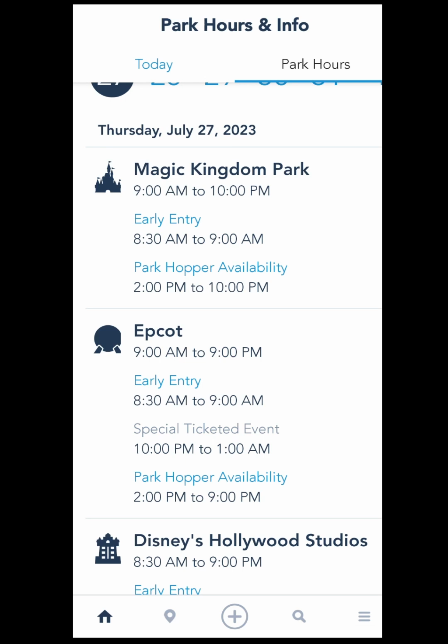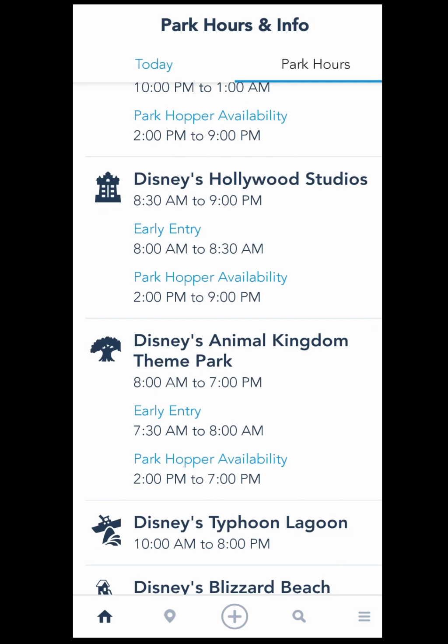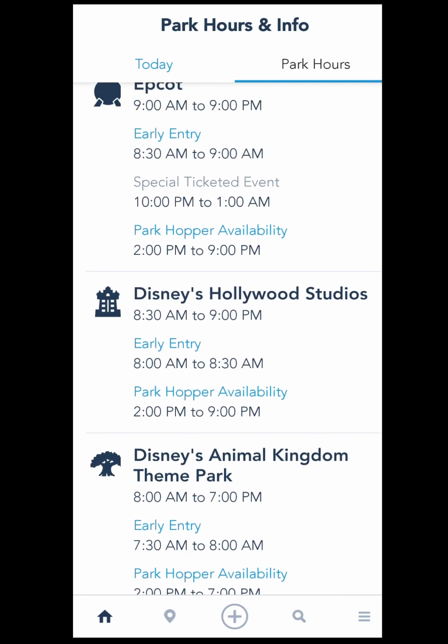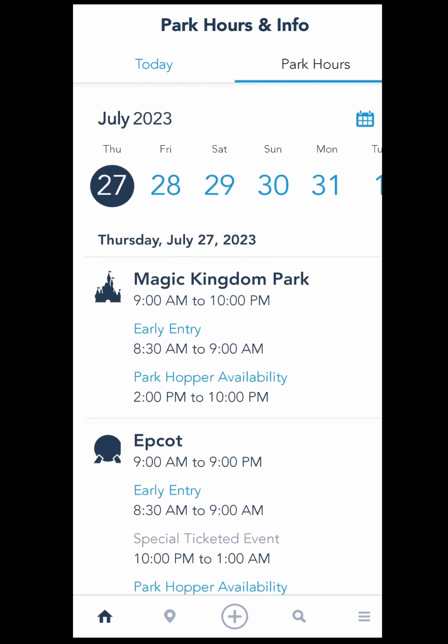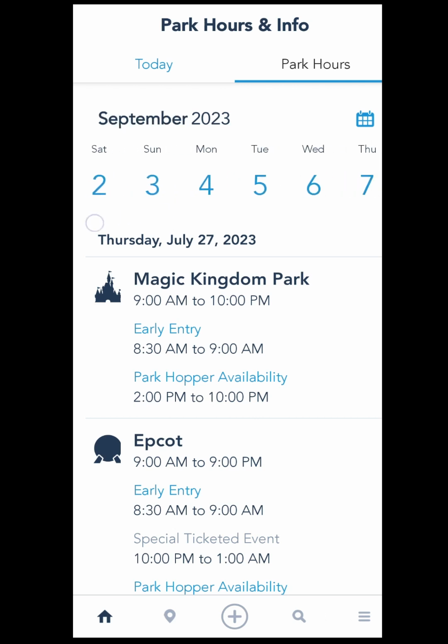And if you do purchase a ticketed event, you can clearly see what times that's available for. And that's the same for Animal Kingdom theme park, if there's early entry availability, or Disney's Hollywood Studios. But you can go ahead and select the dates that you will be in the parks. So I could scroll across to a random date. I'm going to select